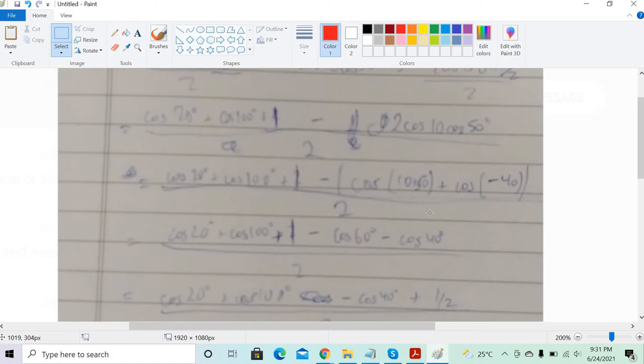So cos minus 40 is cos 40 only. So once you take it out, it'll be cos plus 60, cos 40, how much? 1 by 2. Yeah. So 1 minus 1 by 2 is 1 by 2 only, right? Yeah. And 1 was also remaining. Okay, it's correct, it's fine, no problem. So 1 by 2, so you got 1, so it's fine, no problem. So your answer here is correct.